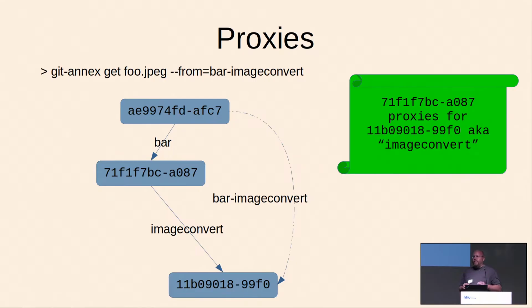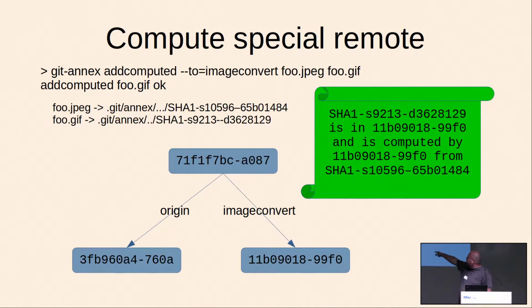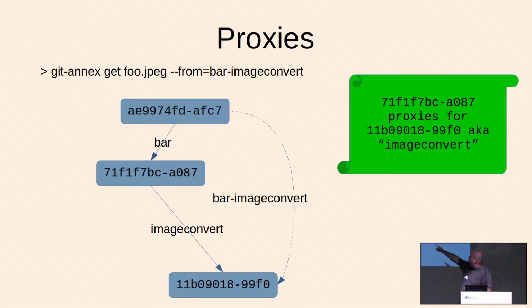And I'm sorry if this is a lot of concepts, but it's just all the new stuff that I've come up with. Proxies is an idea where if you have a repository here that has a remote bar, right? And bar has, say, it's the one that we had earlier. It's got this image convert remote. So what if you're up here and this is on a different computer, bar and the image convert program and